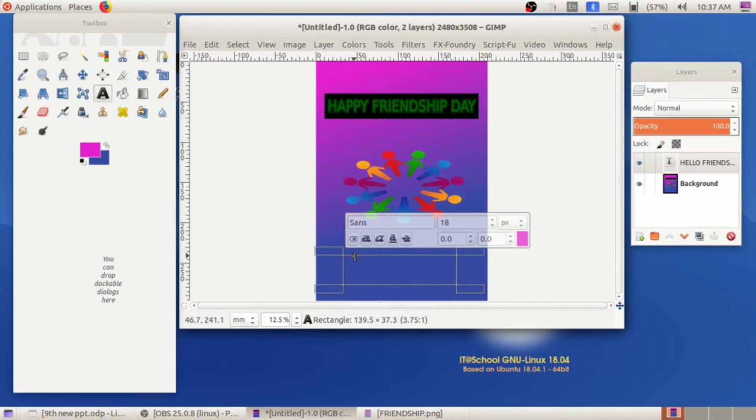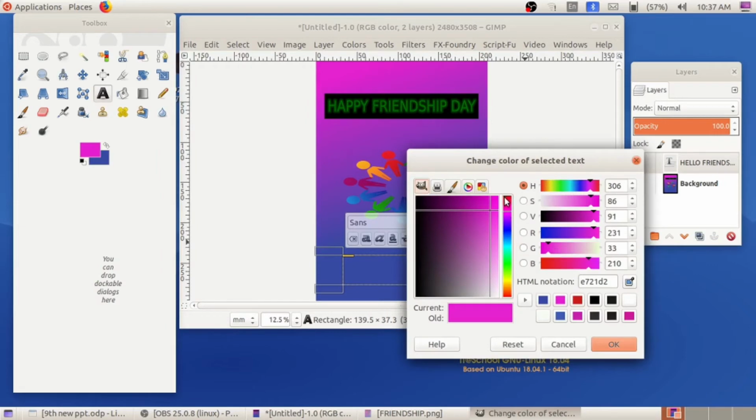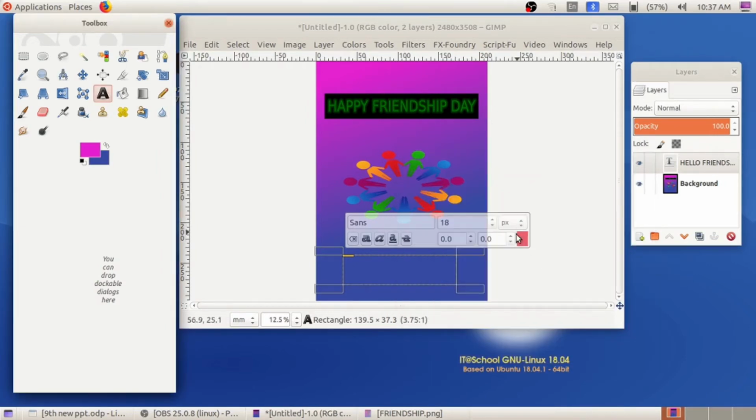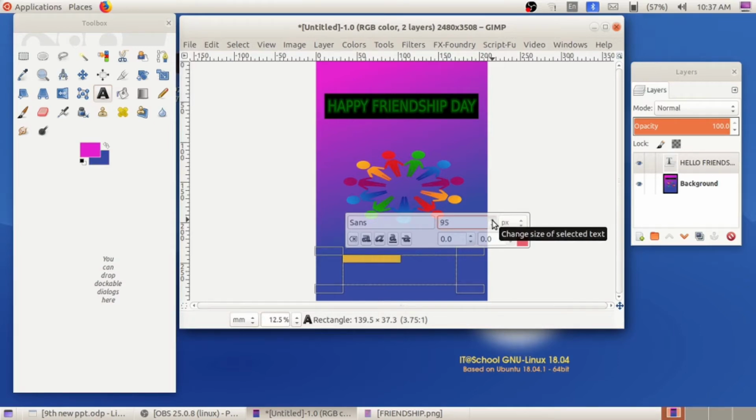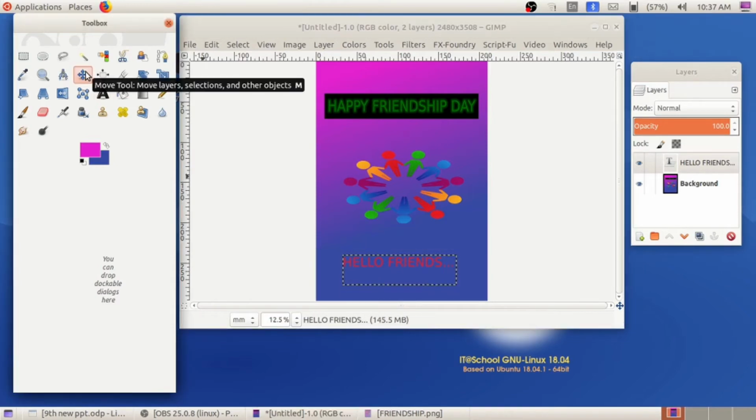So here, when you see that cursor symbol, just click and drag the corresponding text. Here you can see a yellow color selection. When that yellow color selection appears, change the color from this color palette. Change the color and increase the size of that text. Like this, we can increase the size of that text and click on an empty place. See? Then by using the move tool, we can fix that corresponding text in the canvas.